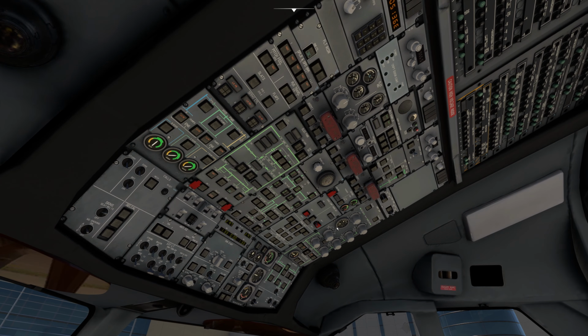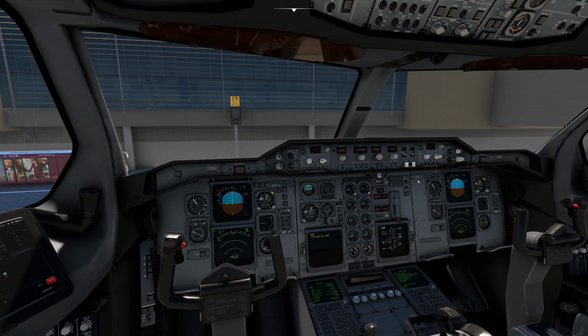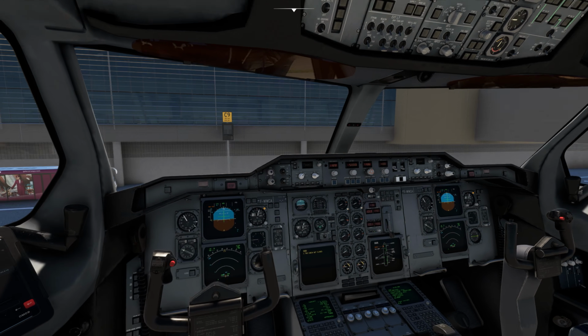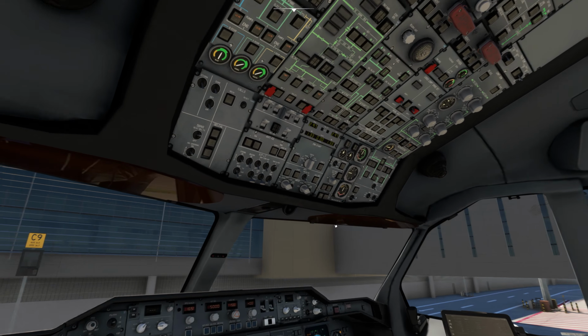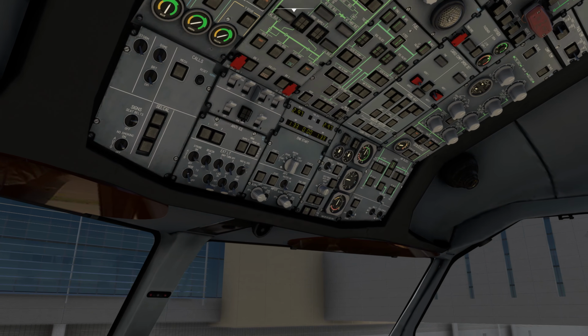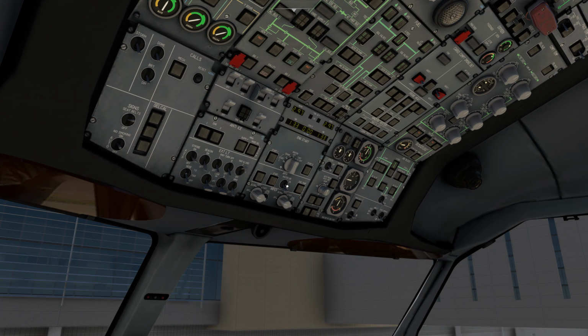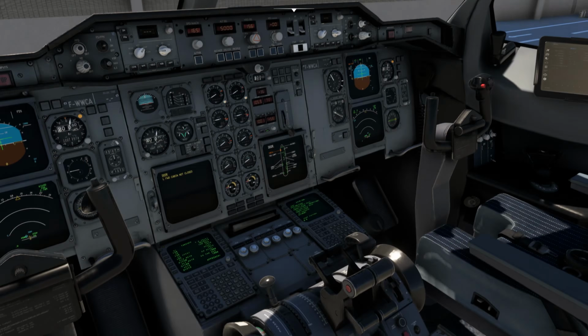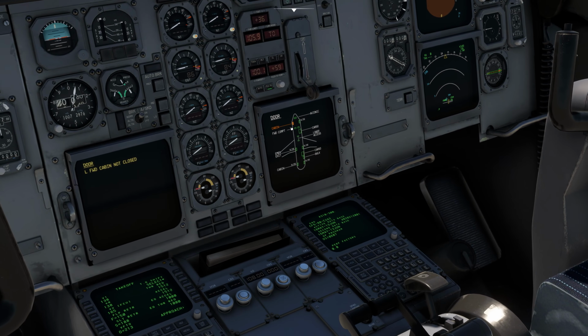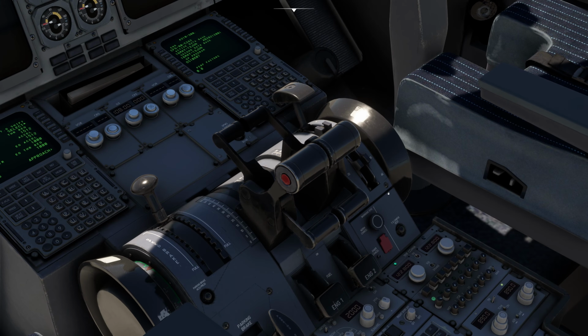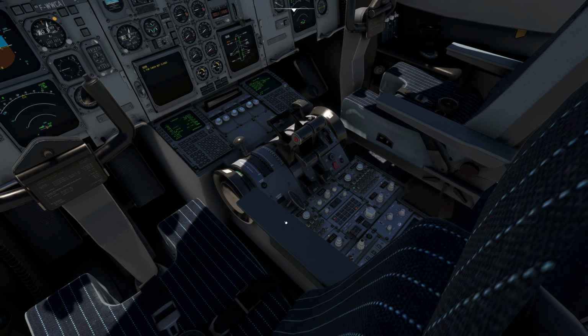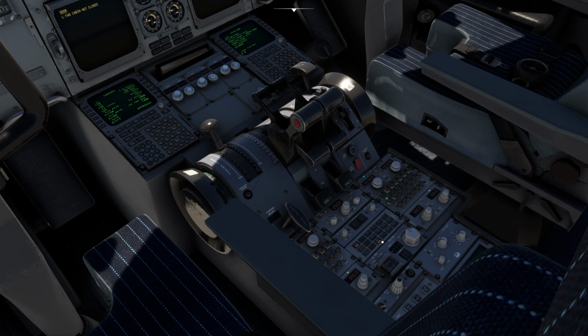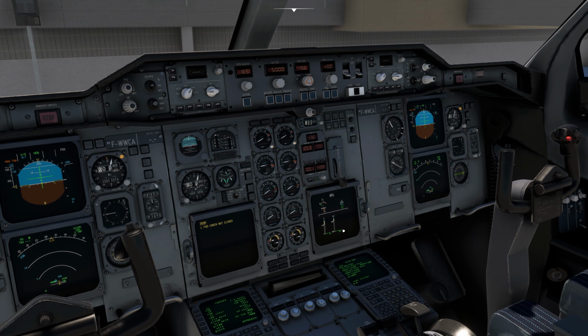So if you go over here on the overhead panel, you will see the cockpit door switch. If you move it below, the cockpit door will be locked. Now with this, I will be starting the auxiliary power unit, APU. You will see the switch. It says on. Just turn it on and press this button, start. And then you can see over here, if I select this option, APU,